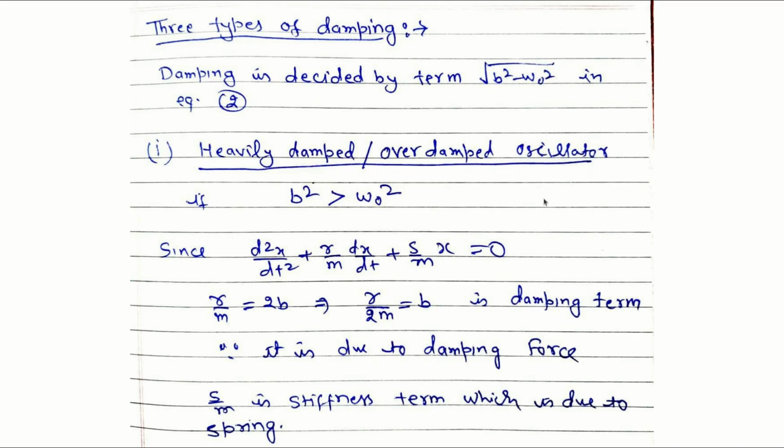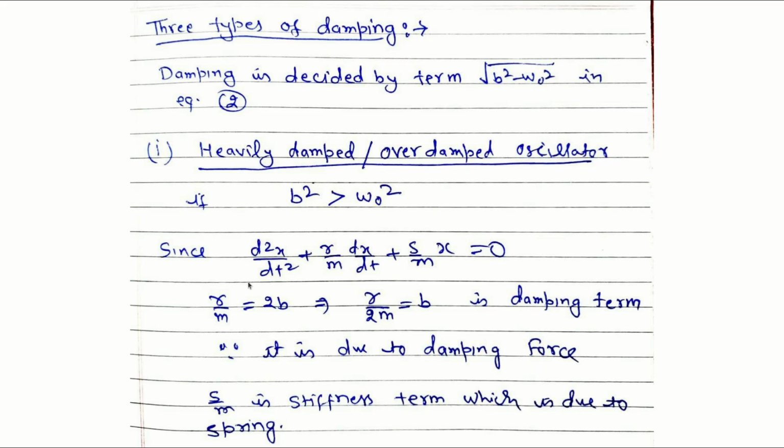And what is an over damped oscillator? What is the condition for an over damped oscillator? That is, b square is greater than omega naught square. It means b square is the damping term and omega naught square is the stiffness term. This term is due to the spring. We have said here in this equation, it is the differential equation of the damped harmonic oscillator, and we have said here it is the equation I have given